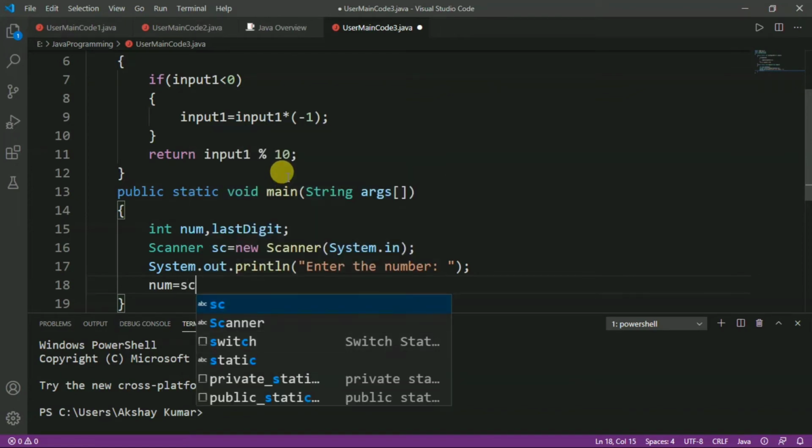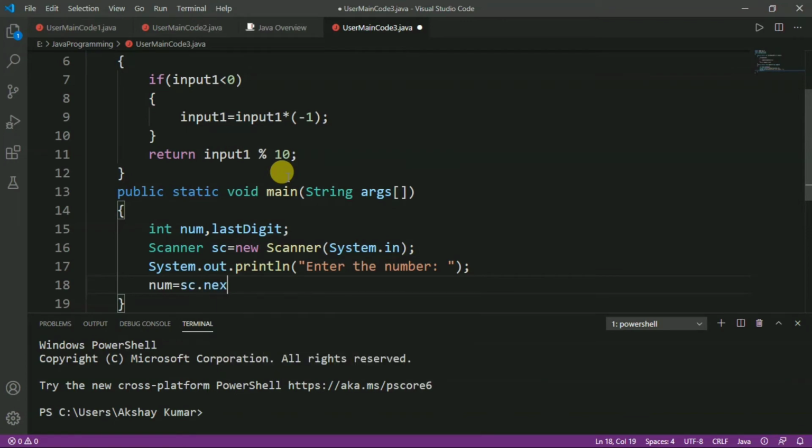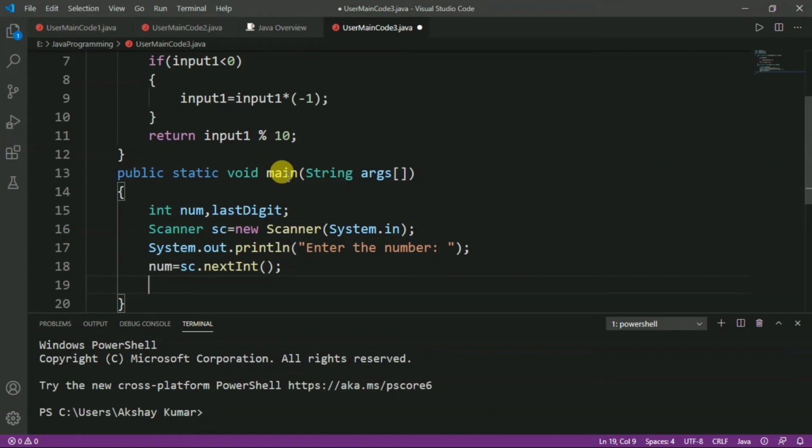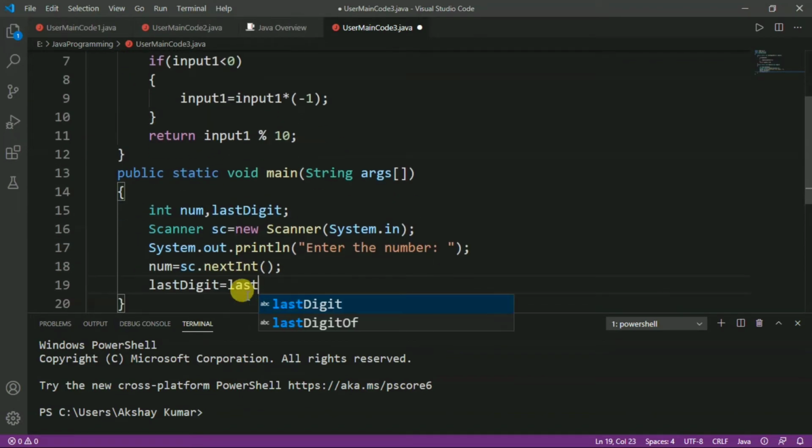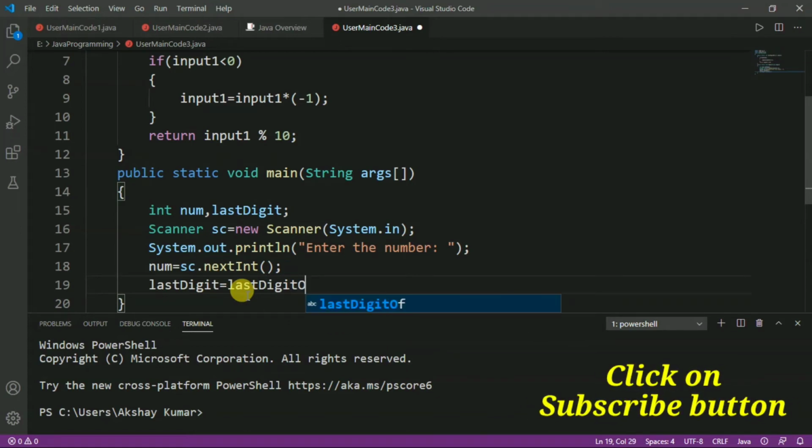So, here we have to write sc.nextInt, and after that we will call the function and store the result in the lastDigit variable. So, our function name is lastDigitOf, and here we have to pass the actual argument, that is num.